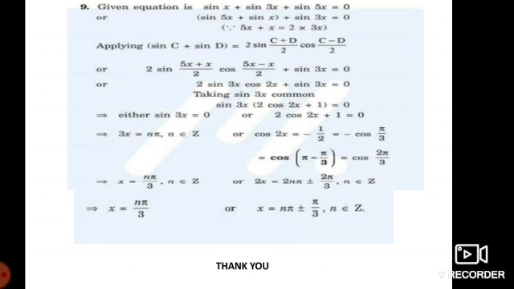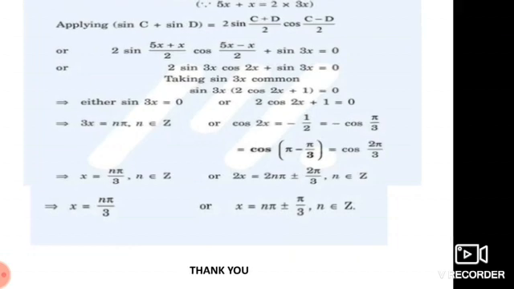So either sin 3x equal to 0 or 2 cos 2x plus 1 is equal to 0. You will get 3x equal to n pi. Here cos 2x equal to minus 1 by 2. It is minus cos pi by 3. It can be written as cos of (pi minus pi by 3), that is equal to cos 2 pi by 3. So x equal to n pi by 3 for sin 3x equal to 0, and for cos 2x equal to cos 2 pi by 3,